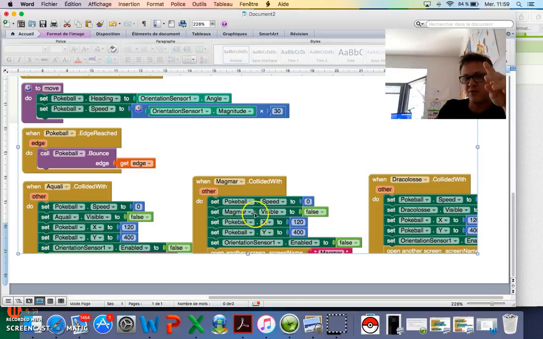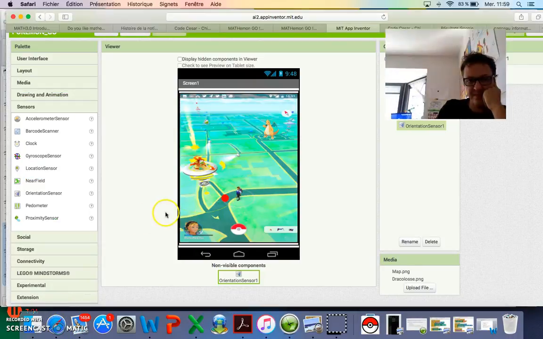You have to make the Pokemon invisible, and you have to put the ball at the same place where it started. Okay, and you have to disable the orientation sensor as well. And you have to open another screen. Okay, so we are going to try to do it now.